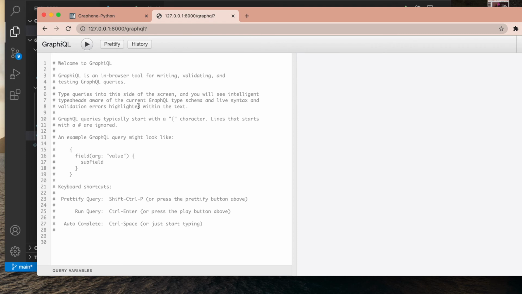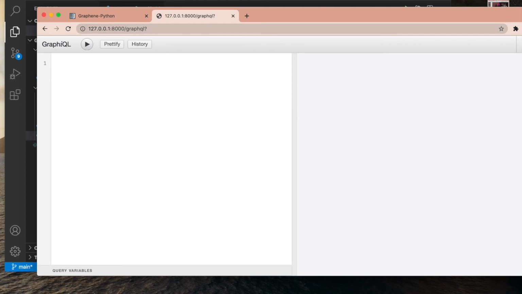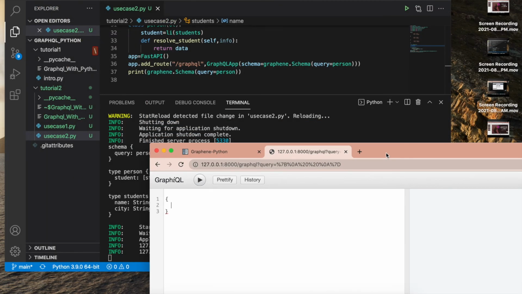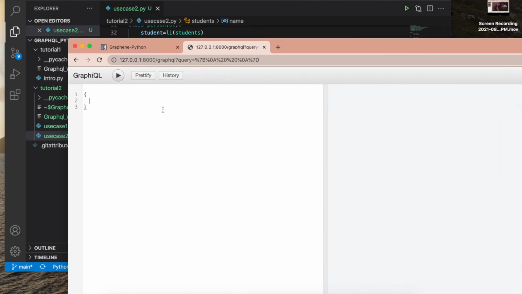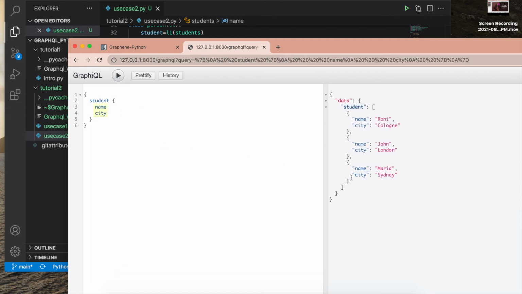Now what I'm going to write is my resolver, which is student. If I write student, these things are resolved automatically, and I'll automatically get these fields. Now the interesting thing is that if I remove this, I'll only get the name.